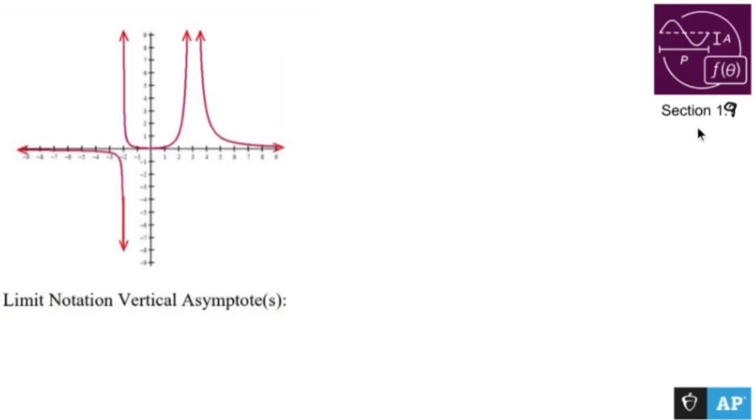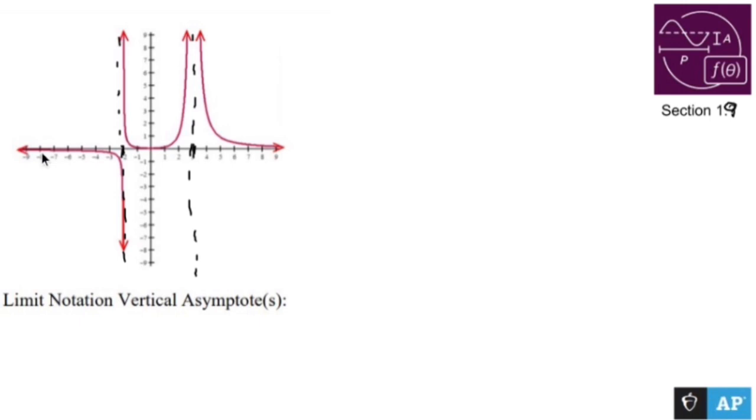All right, section 1.9, poorly drawn, is asking us to find, in this case, the limit notation of a vertical asymptote. Now, we have two vertical asymptotes, one happening here and one happening here. Those are my vertical asymptotes. I'm going to try to draw the dashed line. I usually fail miserably. That's all right. So the way we write out the limit notation of my vertical asymptotes and what it